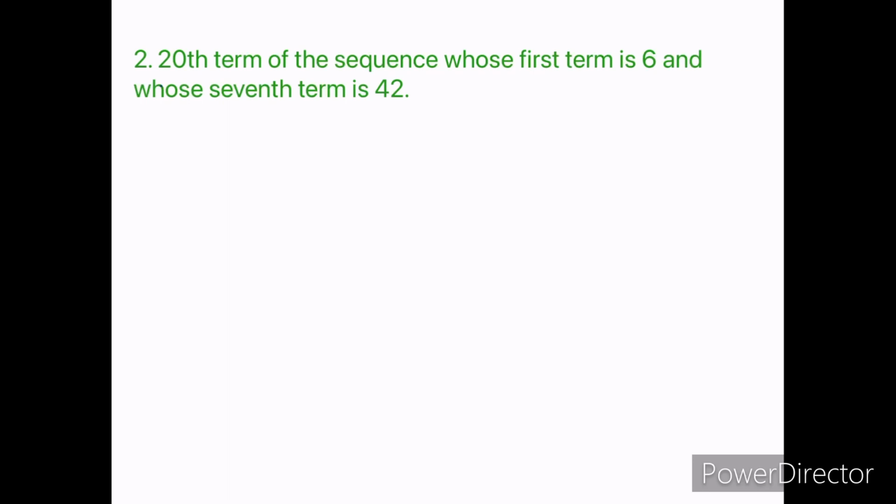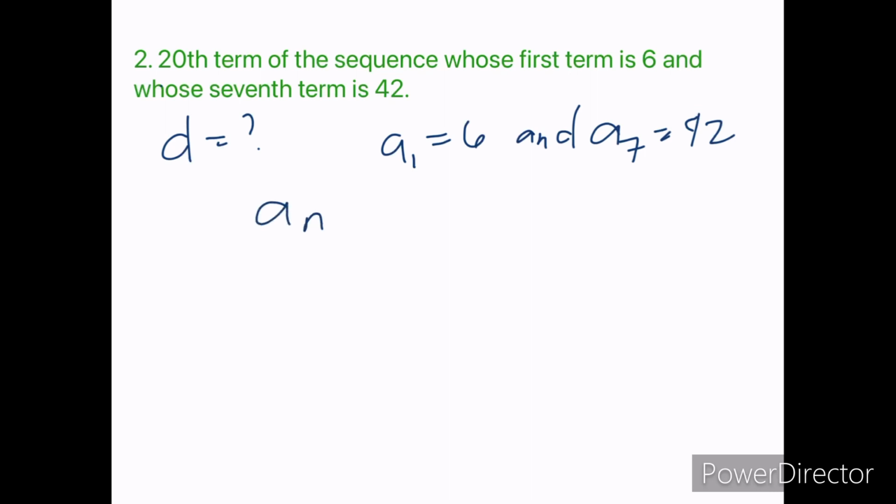For our second example, find the 20th term of the sequence whose first term is 6 and whose seventh term is 42. Here in our second example, we need to find the common difference d. But how are we going to find it? Of course, by substituting the value of our a sub 1, which is 6, and our a sub 7, which is 42, using again the same formula, a sub n is equal to a sub 1 plus n minus 1